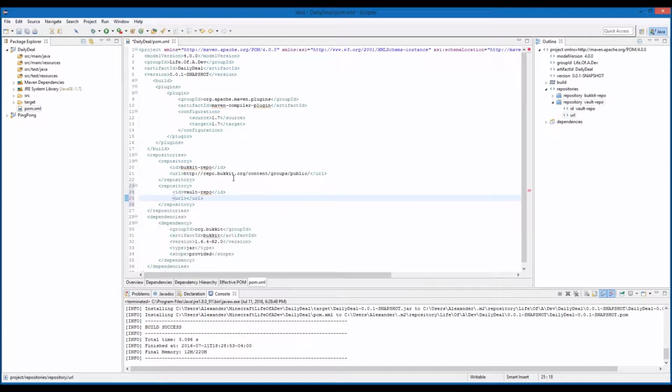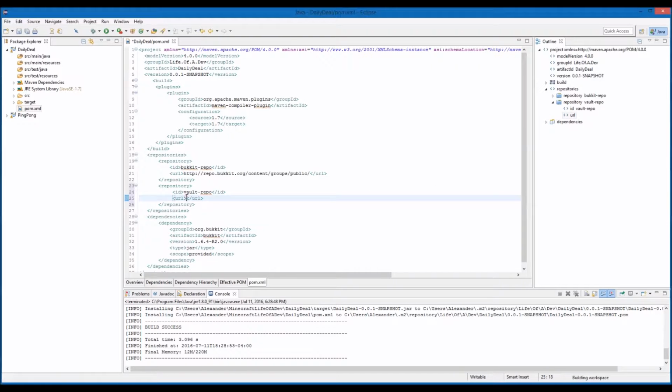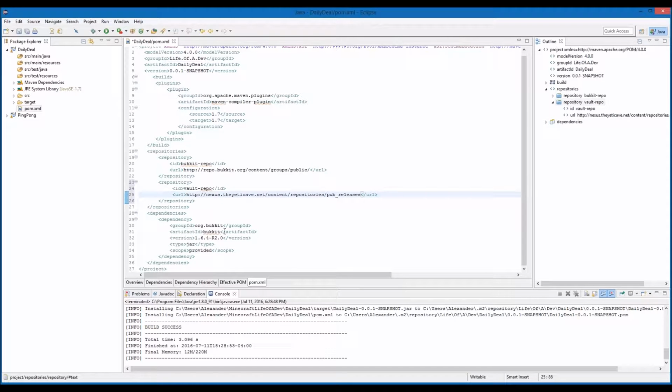And the URL, which I'm just going to copy on over so I don't mess it up. And again, you can just find this online, usually at the GitHub page for these projects. And so that's all you need for a repository. But now you need to add it as a dependency. And it's pretty much going to mirror the dependency we already have